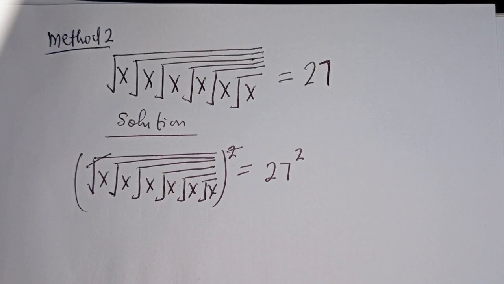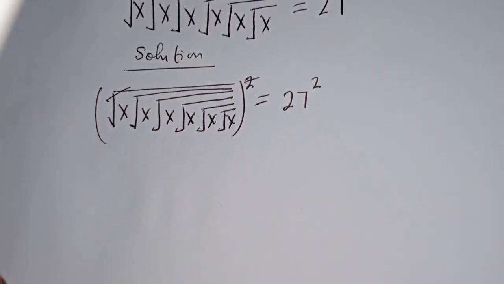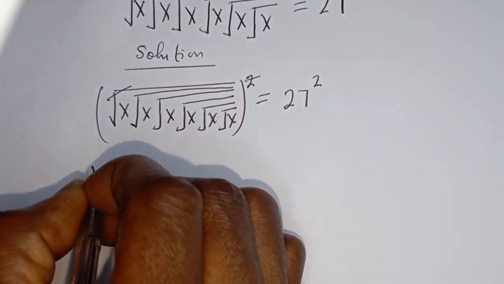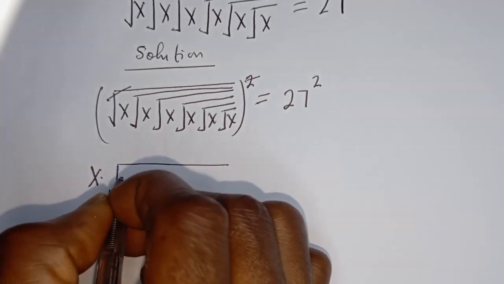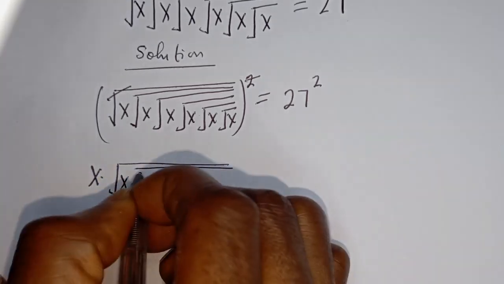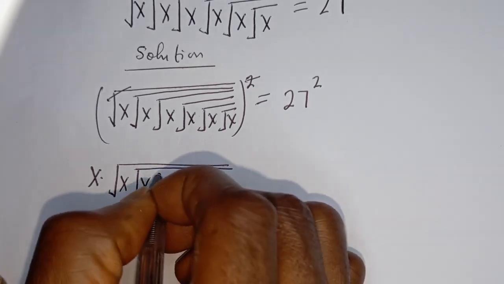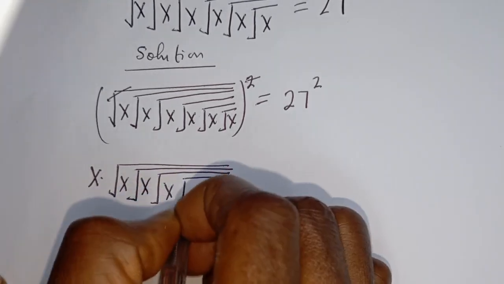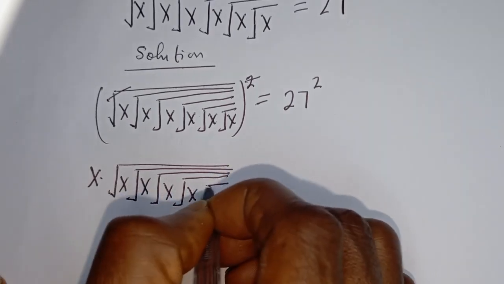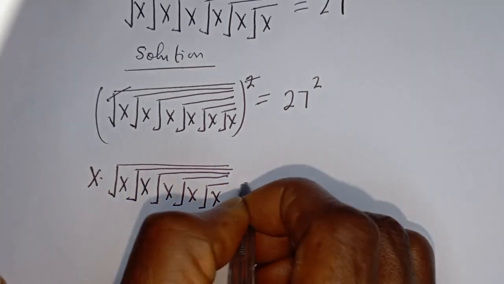This will cancel this. Then we have s multiplied by square root of s, square root of s, square root of s, square root of s, is equal to